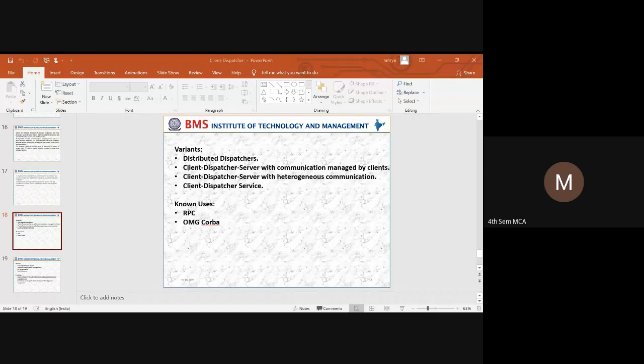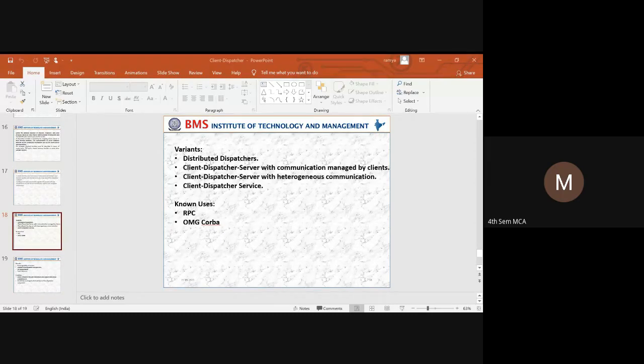Once the channel is returned to the client, another possibility is that it allows the client to communicate directly with the dispatcher on a remote machine. So that is the help of a distributed dispatcher.